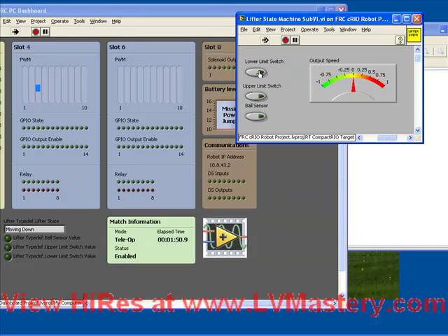So if it's moving down, it's waiting for the lower limit switch. So when we push that, we see that it's gone to the wait for ball, and we see that the lower limit switch value has indicated. If we hit our ball sensor,